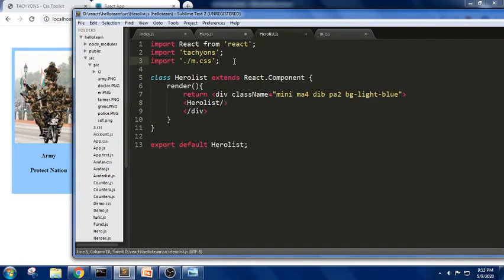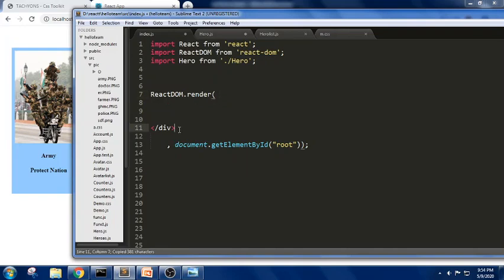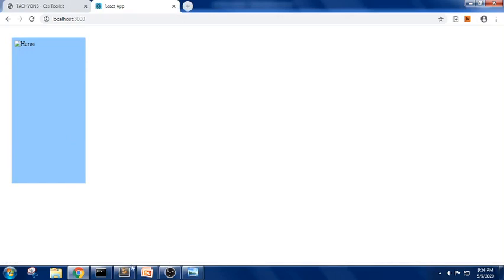See, let us see, there is no change in the output. Can you see some change? No change. So let me erase this part. And I'm trying to write a render here, as we have done. In this render I'm trying to pass the same component, the same old component. Can you see there is no output?